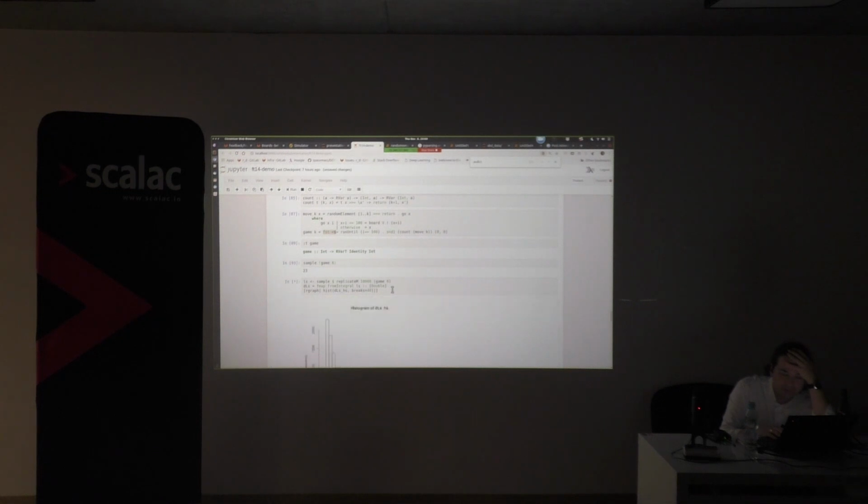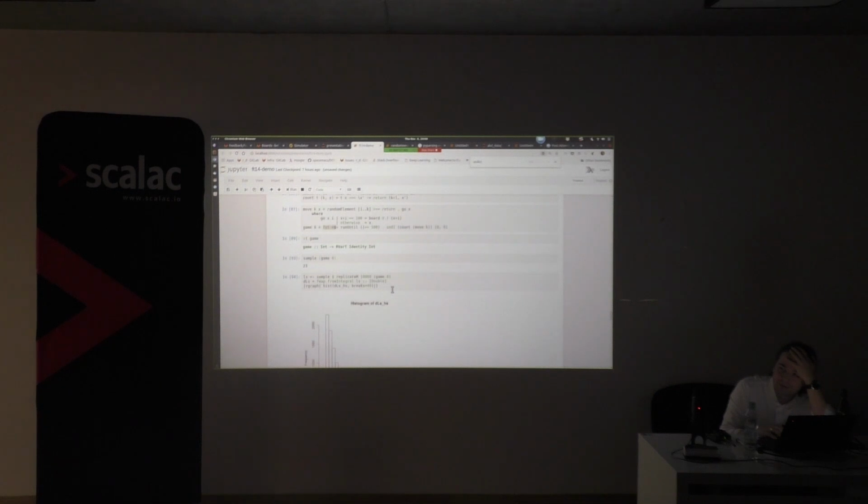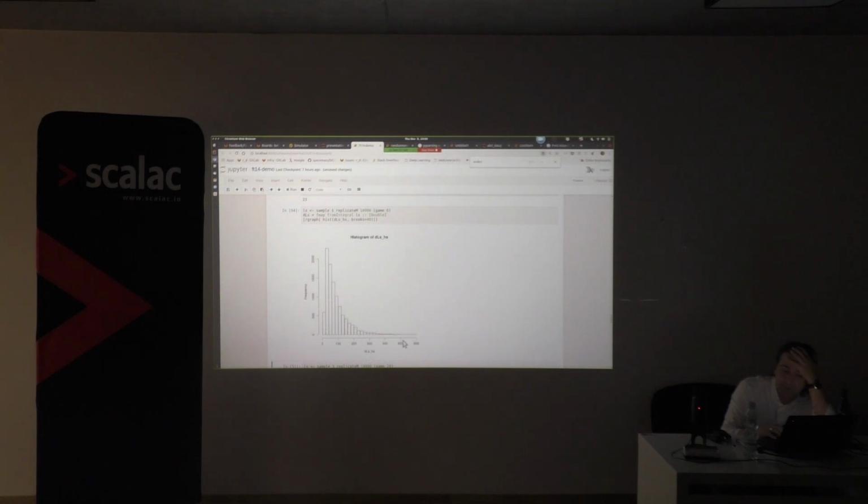But it depends, because it's possible that you can play infinitely long. Yes, of course, it is possible, but fortunately quite unlikely. But as you see on this histogram, it can happen that you need to roll a dice 500 times. But the probability is really small.